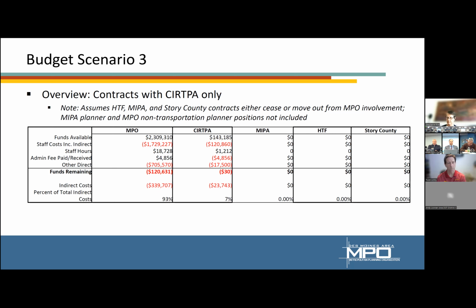I guess the issue is that they were hired for MIPA, Housing Trust Fund in Story County. No, we didn't hire anyone for Story County. We hired for MIPA, but that's paid by MIPA. That's MIPA's employee. The Housing Trust Fund employee is paid by the Housing Trust Fund. No MPO money goes to those. So then you should be able to do it for the 17,000 hours then, MIPA. And you can hang your head all you want, but you put those numbers in there.